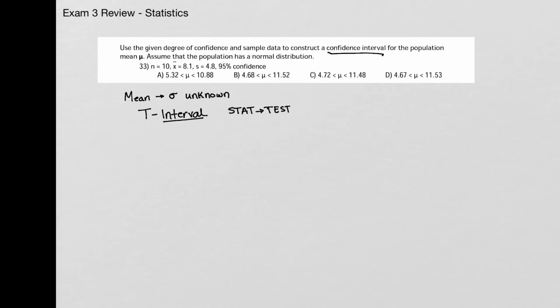Now I'm ready to actually enter my information into the calculator. And our first choice that we have to make is, are we working with data or are we working with stats? If we're working with data, we'd have a whole list of data. We'd have the actual raw data to work with. They didn't give us that, so we're using stats. And the stats that we have are x bar, which is 8.1, S, the sample standard deviation, which is 4.8,